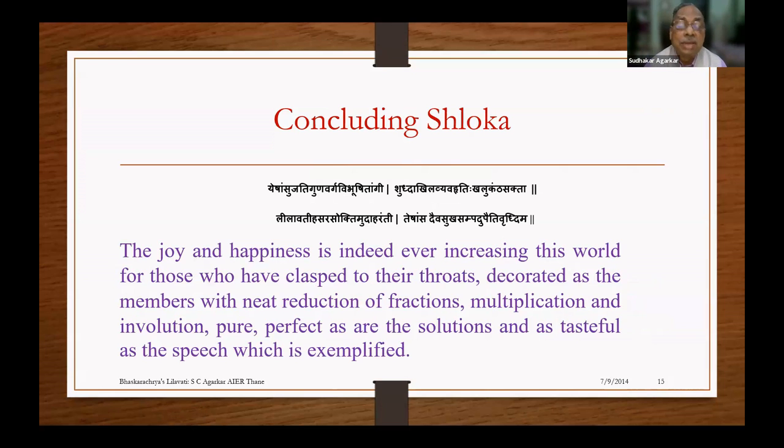So here, I told you he started with an invocation by praying to Ganesha. So in conclusion, which is the last shloka, which says,